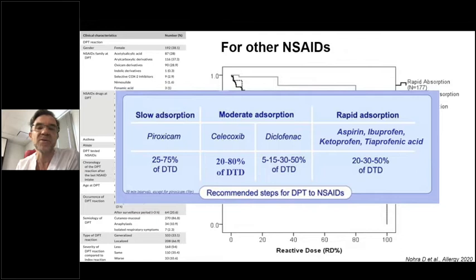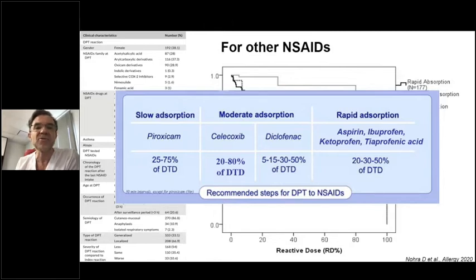therapeutic dose. For moderate absorption drugs, you can see now the different steps. And for rapid absorption drugs, you can see that now we are using 3 steps as for paracetamol, but every 30 minutes. This is all detailed in our allergy paper that is in press right now. All the details of how we could go from empirical to data